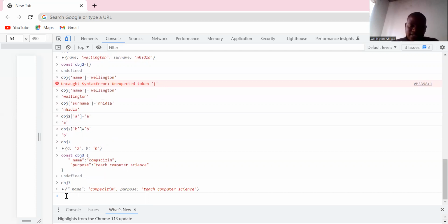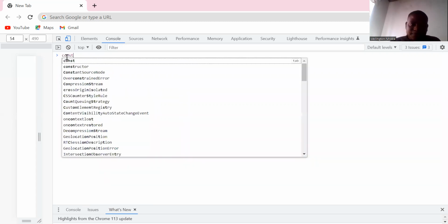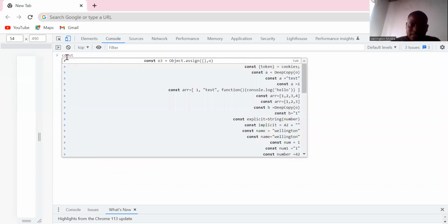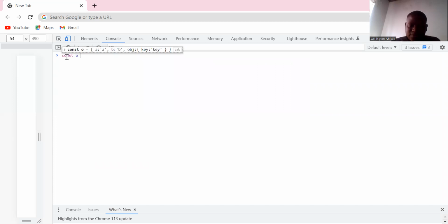Let me just refresh it now and create another object. Let's say const O is an object. So this is my object O, and we can just do this